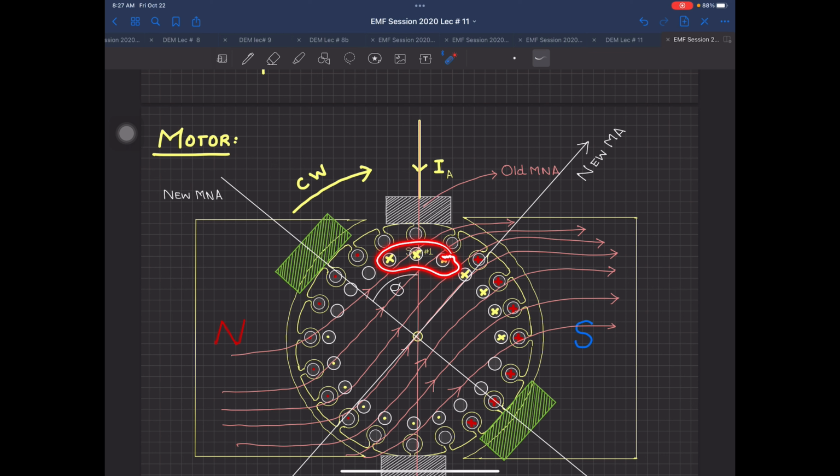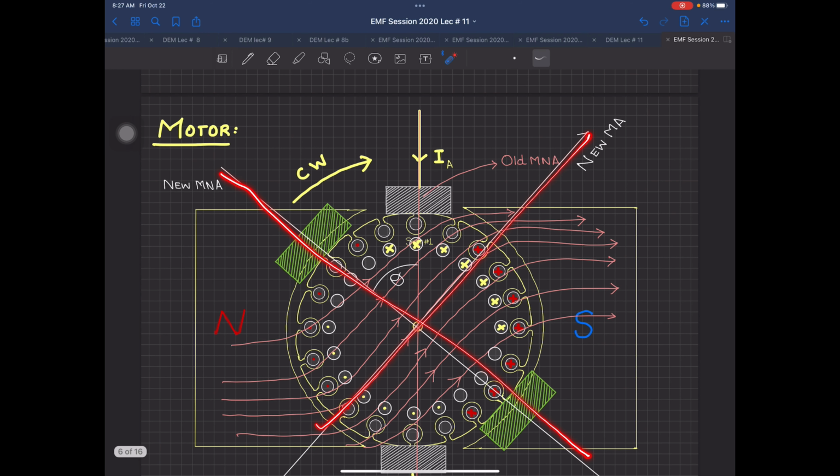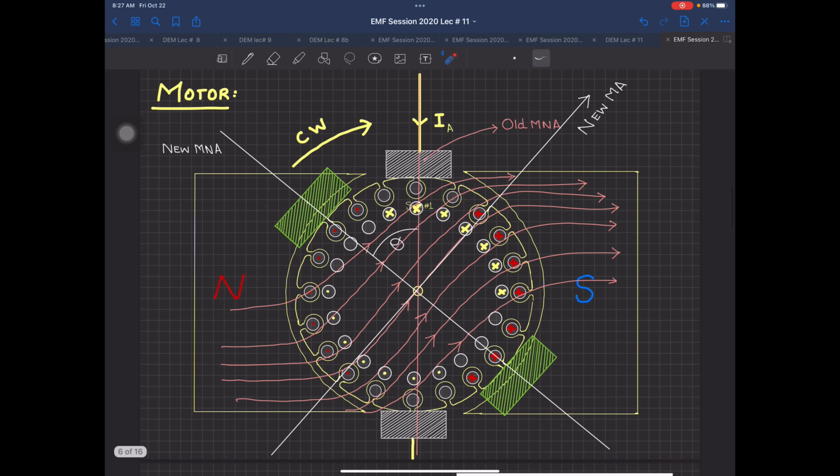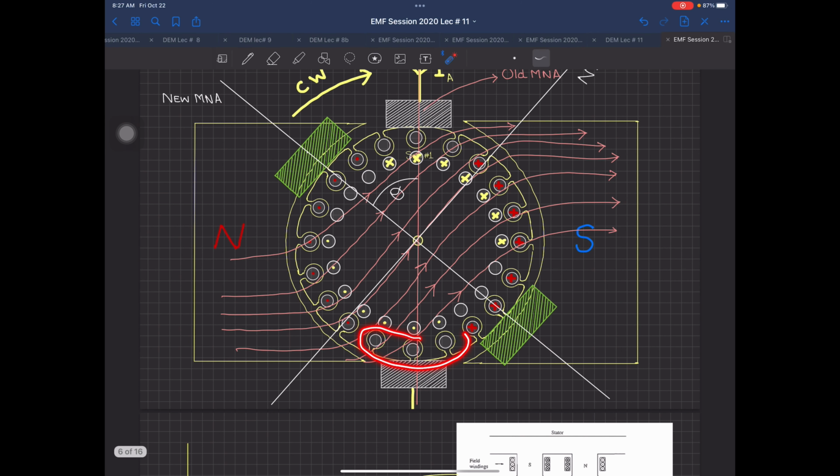So this is one problem of the armature reaction, that this shift in the magnetic axis and the new magnetic neutral axis, these three conductors are now empty, and these three are now having a cross. And a similar thing is happening over here on the second carbon brush. You can see these three were empty previously. Now when this has moved, these three are now having a dot. So these dots are being short circuited over here. These three are being short circuited over here. So now these carbon brushes are short circuiting, effectively producing sparking.